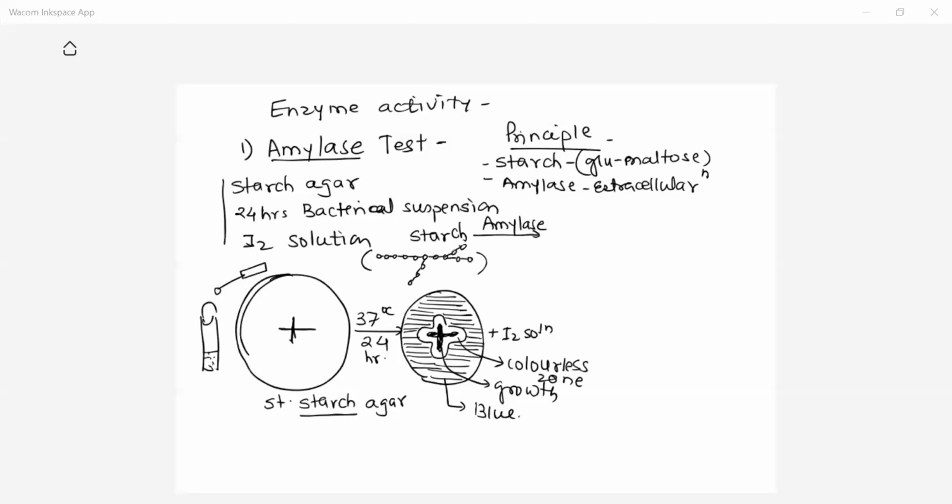These regions where the straight chain is there, this straight chain is called amylose, and where there is branching, that region is called amylopectin. So starch consists of amylose and amylopectin regions. This is the amylopectin region, and this straight chain indicates the amylose. So this enzyme amylase, produced by the organism, acts on this complex polysaccharide and hydrolyzes it into simple glucose, maltose, as well as simple oligosaccharides.